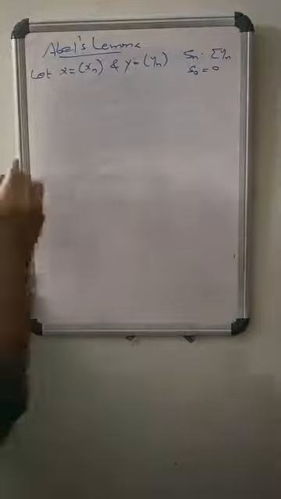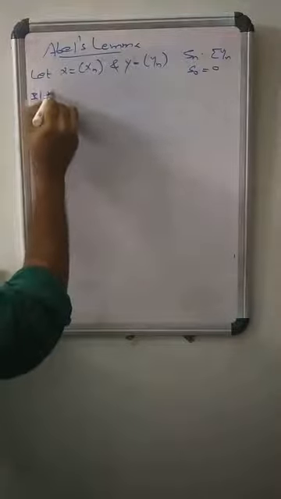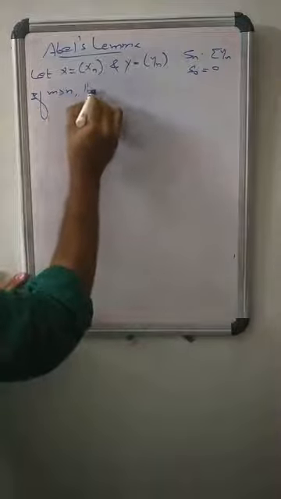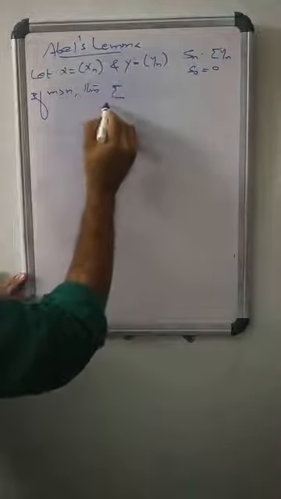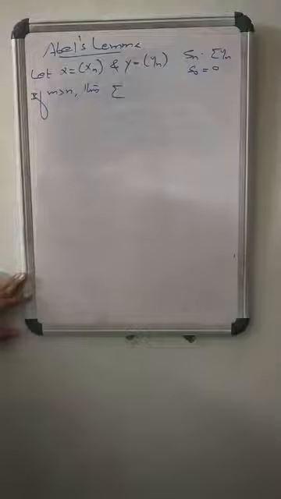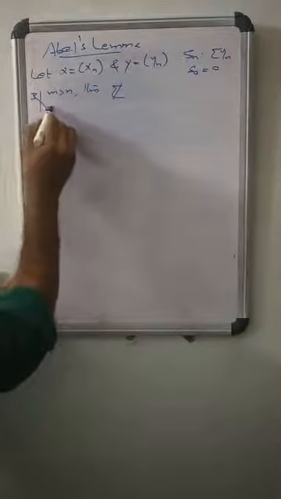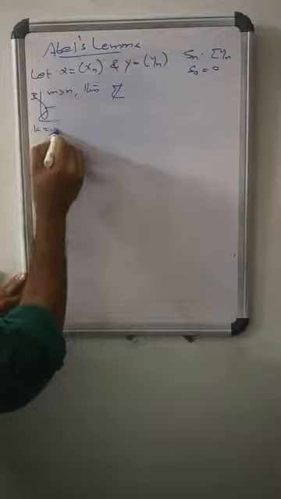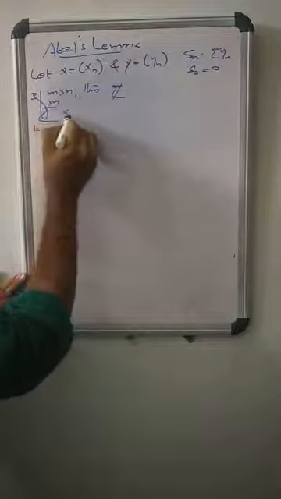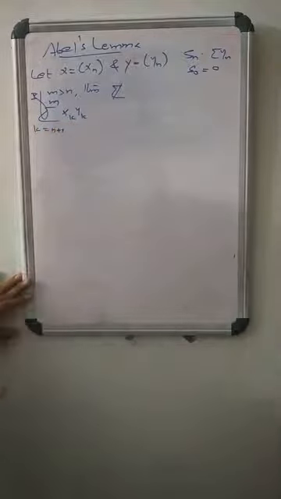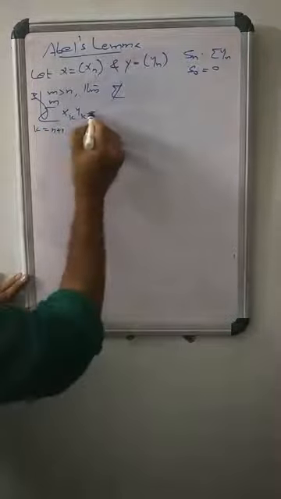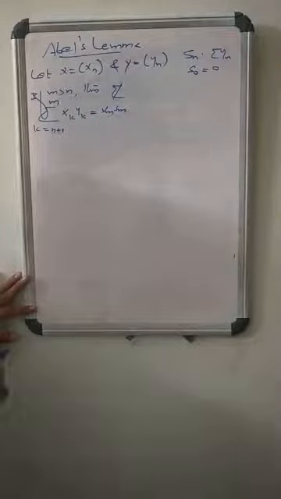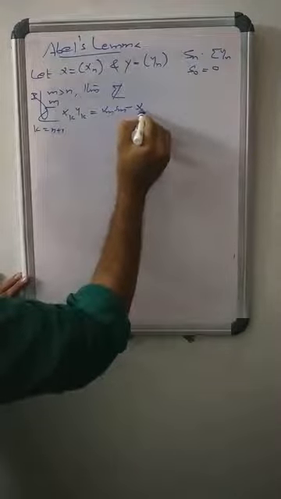Then if m greater than n, the partial summation formula states that sigma k ranges from n plus 1 to m of xk yk equals xm sm minus xn plus 1 sn